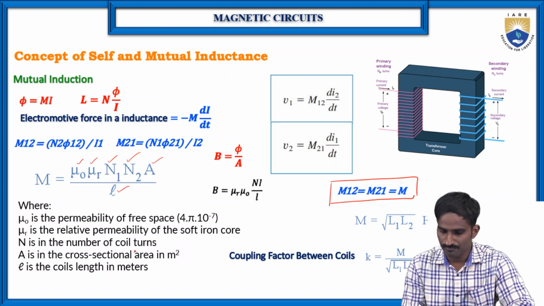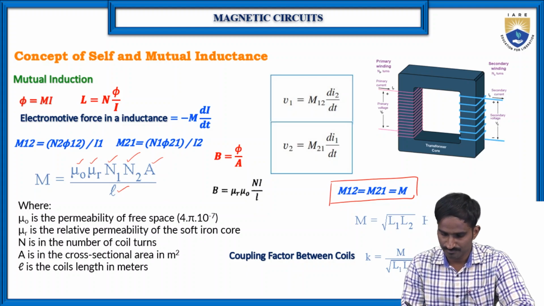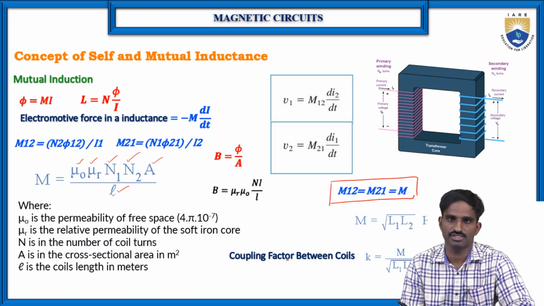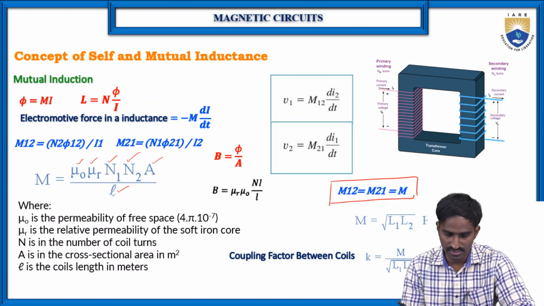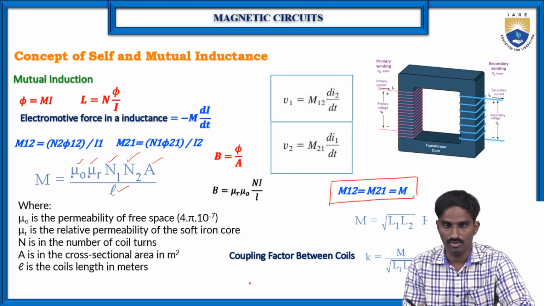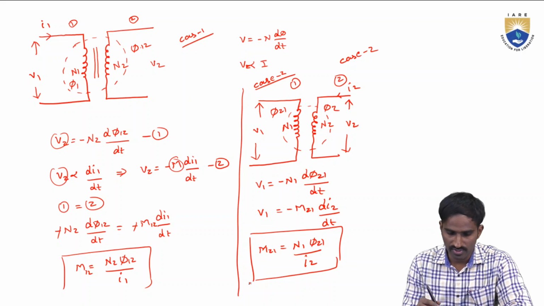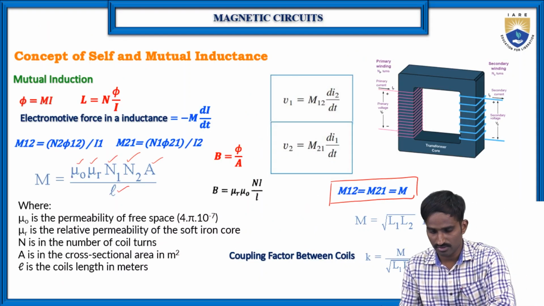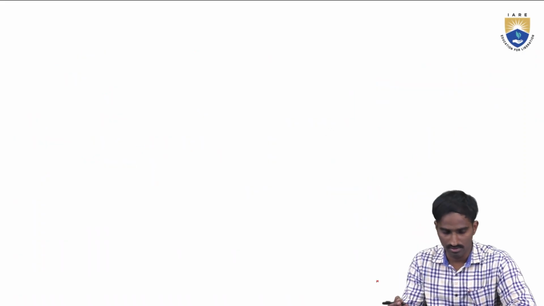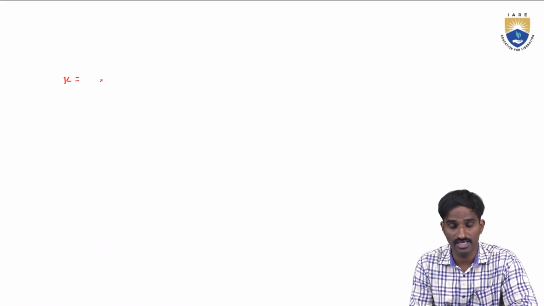So this is about the concept of mutual inductance. As you can see here, the coupling coefficient. You can represent the coupling coefficient in both ways. Sometimes we represent the coupling coefficient as K. Here K is the ratio of